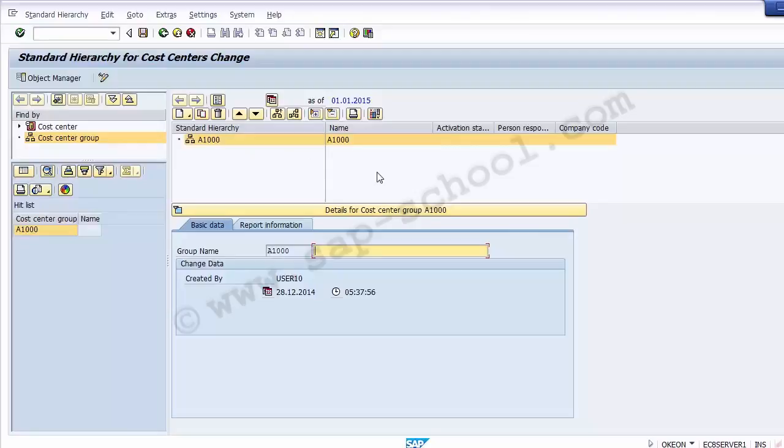So as you can see over here on the screen, this is the standard hierarchy which has been defined already. If you remember, we had defined the standard hierarchy when we created the controlling area in the basic setting part. So this is your standard hierarchy which you can see over here. If you want, you can even change the description with this change option, as you can see over here. So this is where the standard hierarchy has to be maintained. This is the standard hierarchy which we had created,